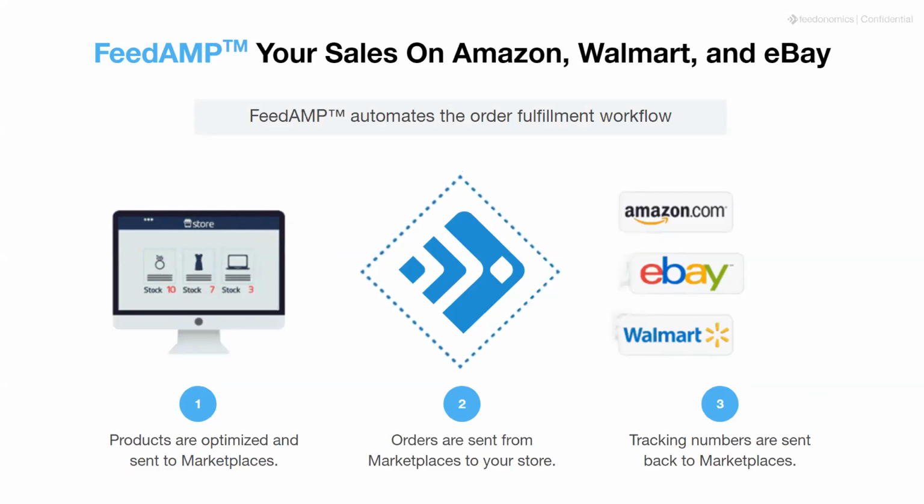data. And so in a similar way, when we're managing feeds for paid search, paid social channels, where we're taking data from a source on the left side of the screen, we're optimizing it in Feedonomics. And then on the marketplace side, we're getting those catalog listings all set up. Whereas on the feed side, this might just be Google Shopping, where we're feeding that data to shopping. But on Amazon or eBay, Walmart, we are setting up those catalog listings for you, optimizing them for that marketplace channel in particular, in the format and with the keywords and everything that will be relevant for users of those